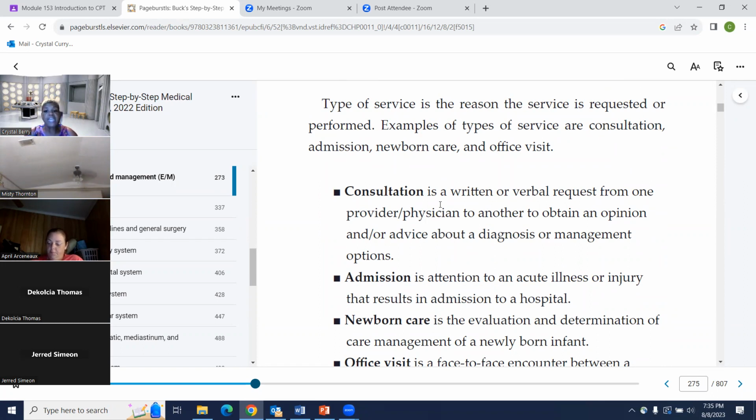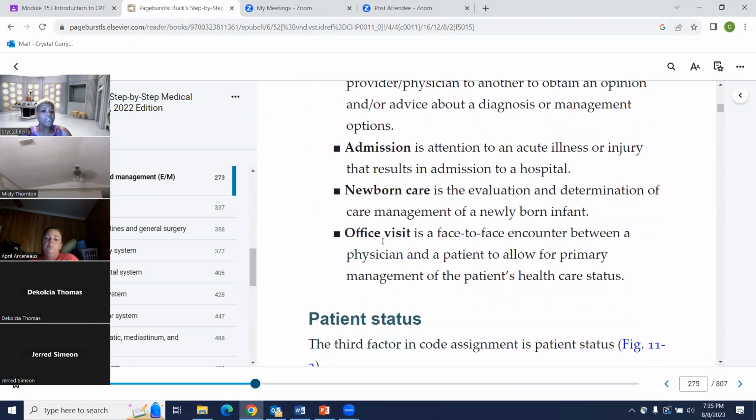Newborn care is the evaluation and determination of case management of a newly born infant. Office visit is a face-to-face encounter between a physician and a patient to allow for primary management of the patient's healthcare status.